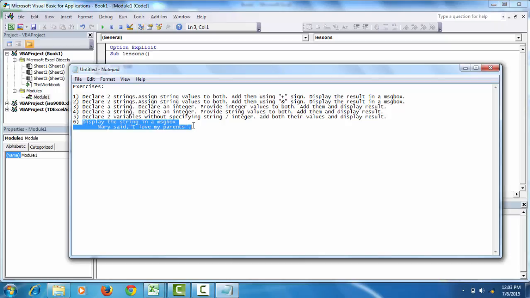And the sixth one would be, if you had watched the video carefully, you can definitely do this. Display the string in a message box. I want this string as it is in a message box. It's as simple as that. You can directly print it in a message box, or you can declare and initialize a variable and try to print the variable. So all the best.